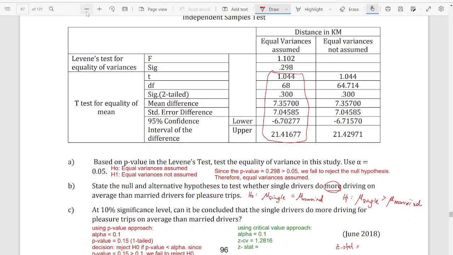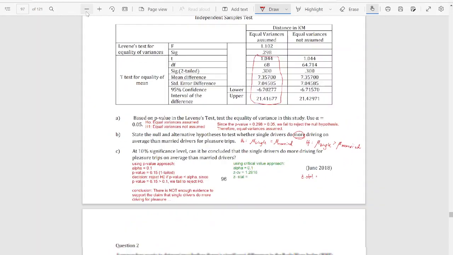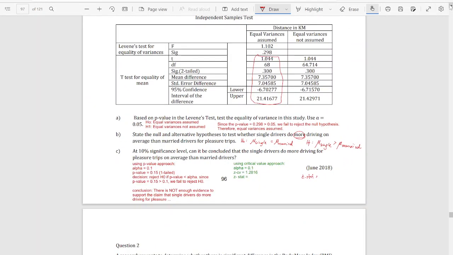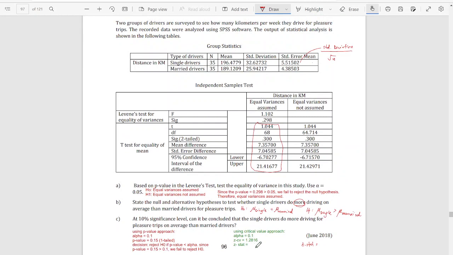Pastikan sebab tak nampak kat atas tu. Pastikan dulu kejap. Okay, so you have 196.4779 minus 189.1209